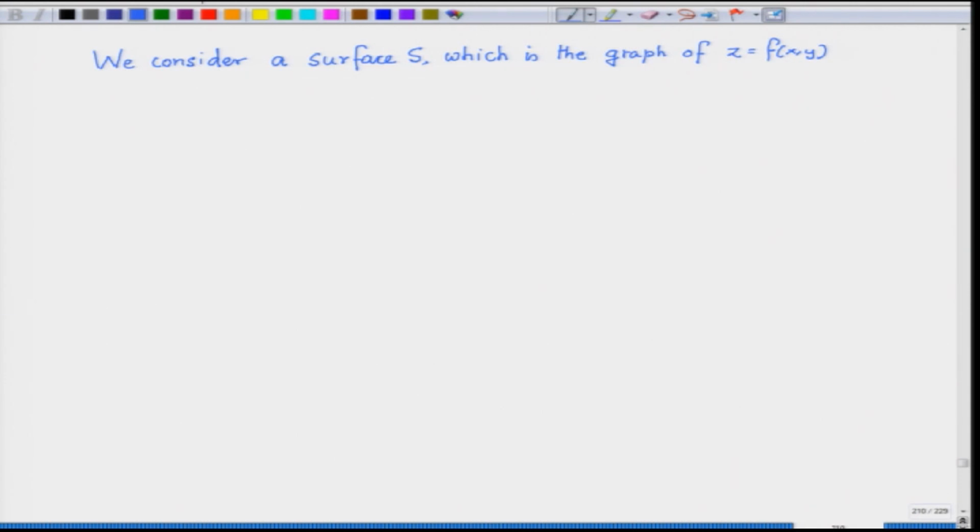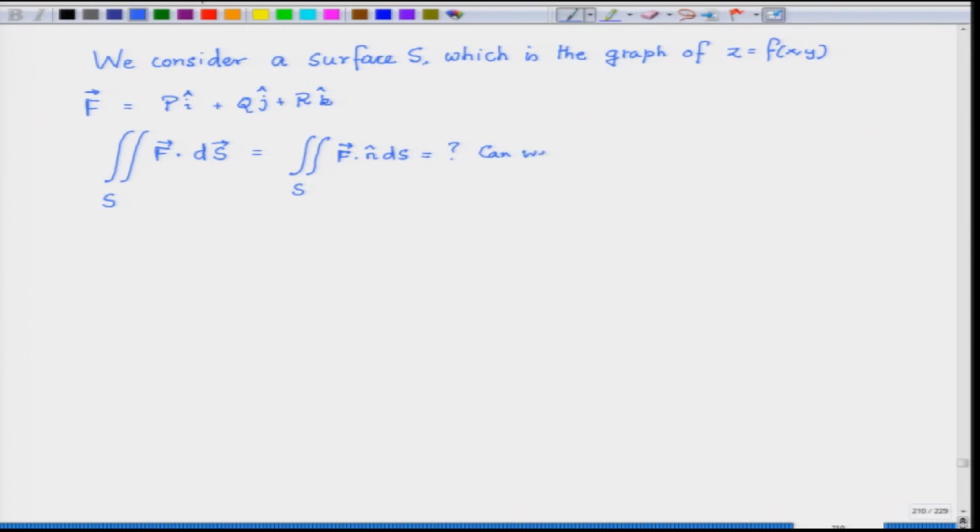Now, if I have a vector field F given as P i vector plus Q j vector plus R k vector, where P, Q, R are functions of x, y, z, then can I write the surface integral, which is the same as the integral over S of F dot n dS, where n is the unit normal along the surface area vector,